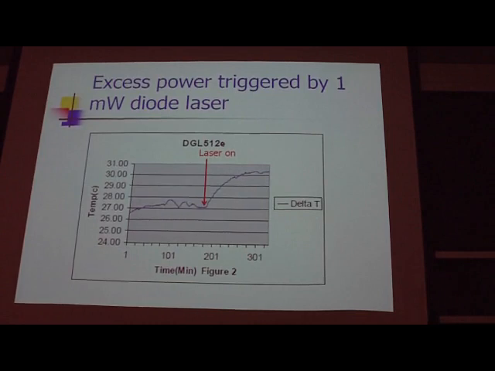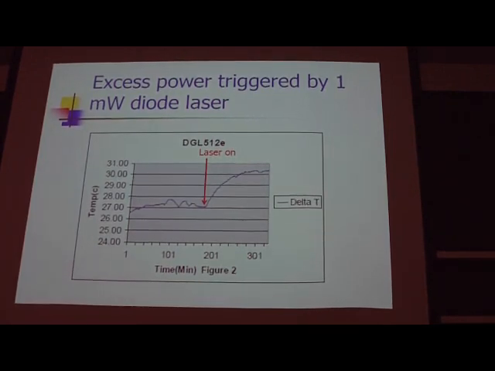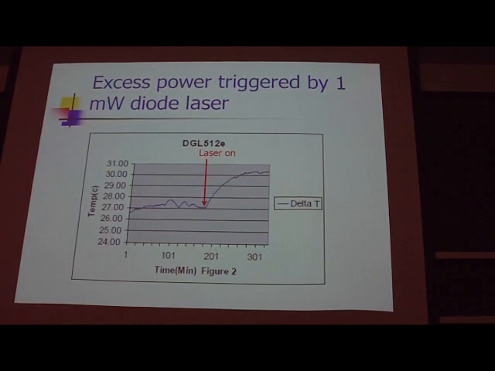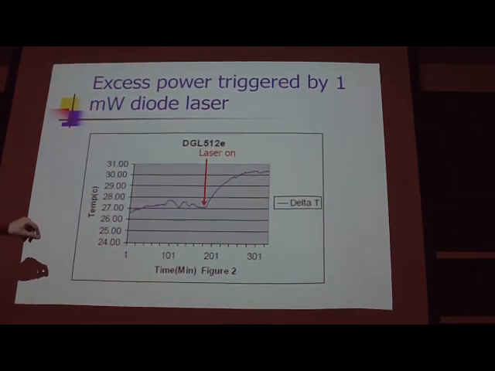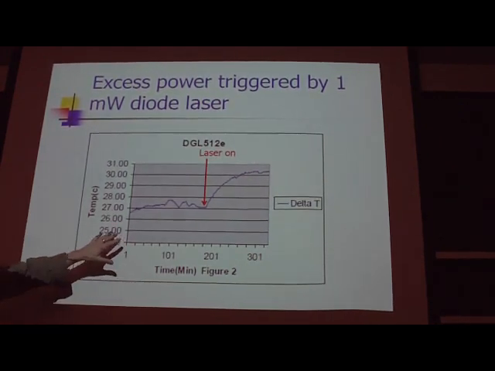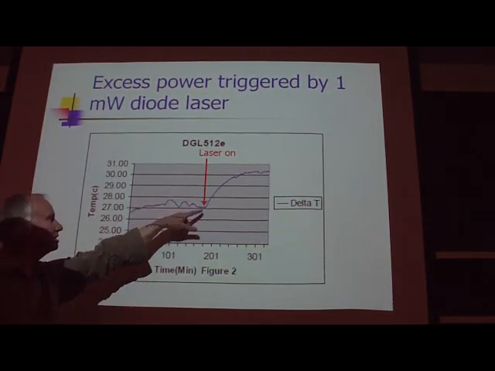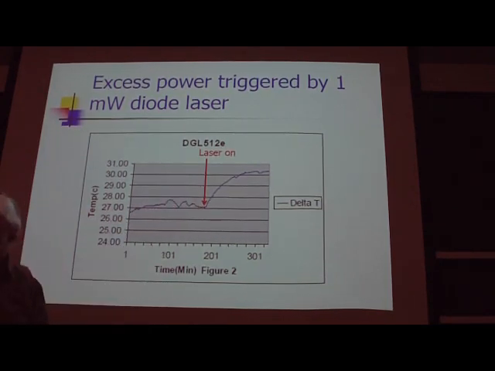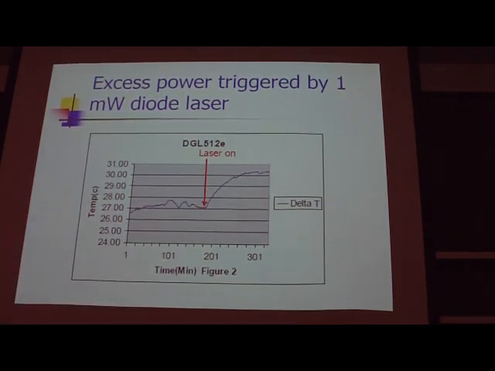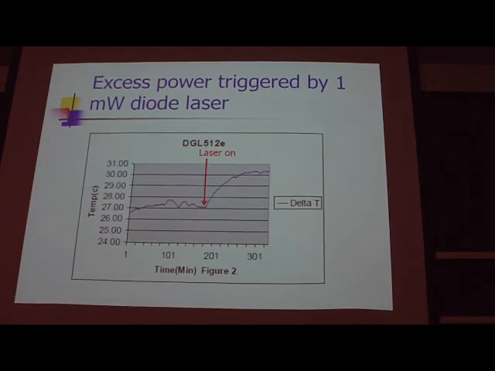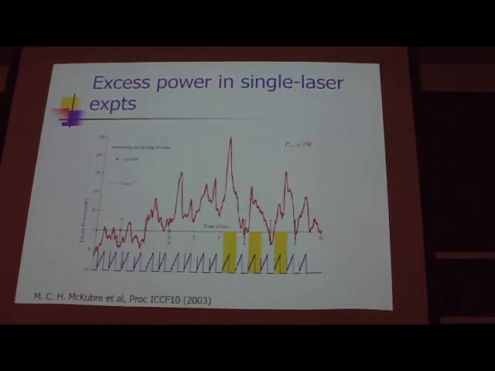So here's an example. This looks like Letts. I think this is an example from a Letts experiment where there's no excess heat at one temperature, a single laser is turned on, and the temperature comes up. This is the basic effect. They got this result, and a lot of other people tried it out. Mitchell tried it, SRI tried it, Storms tried it, and they saw the effect.